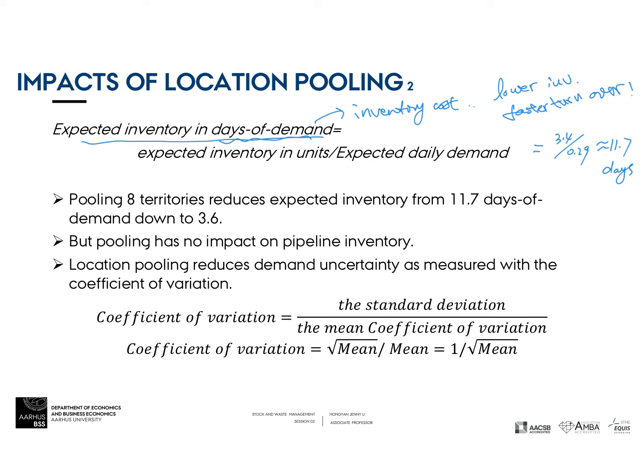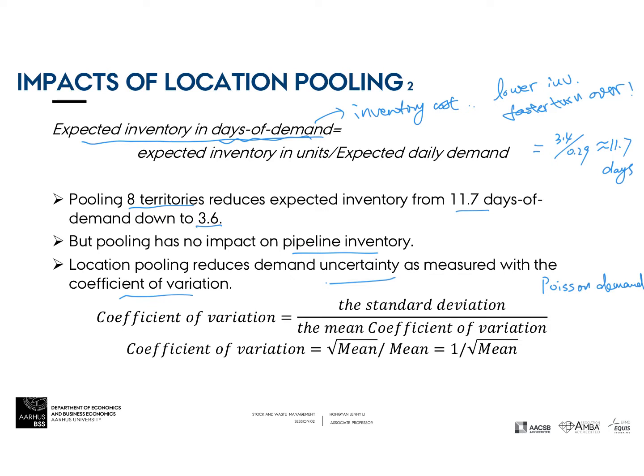And then we continue to see the impact of location pooling. So we pool 8 territories, which reduces expected inventory from 11.7 to 3.6 days, a lot. But pooling has no impact on pipeline inventory. Location pooling reduces demand uncertainty as measured with the coefficient of variation. So based on the Poisson distribution of demand, we can calculate the coefficient of variation when you pool